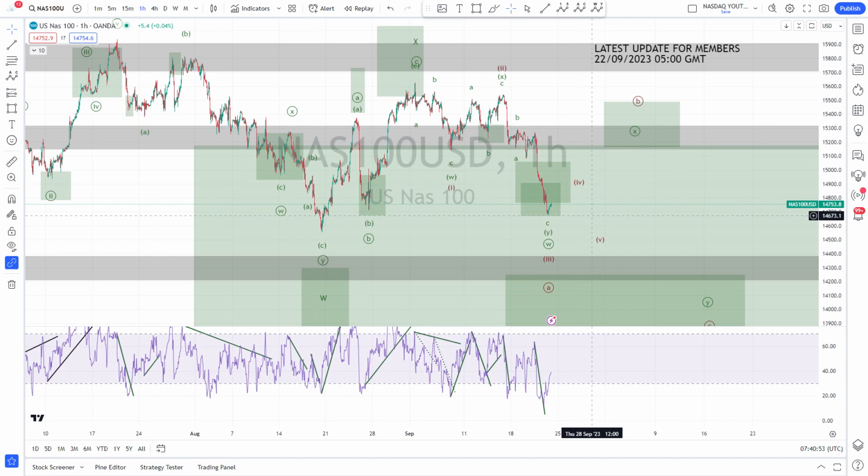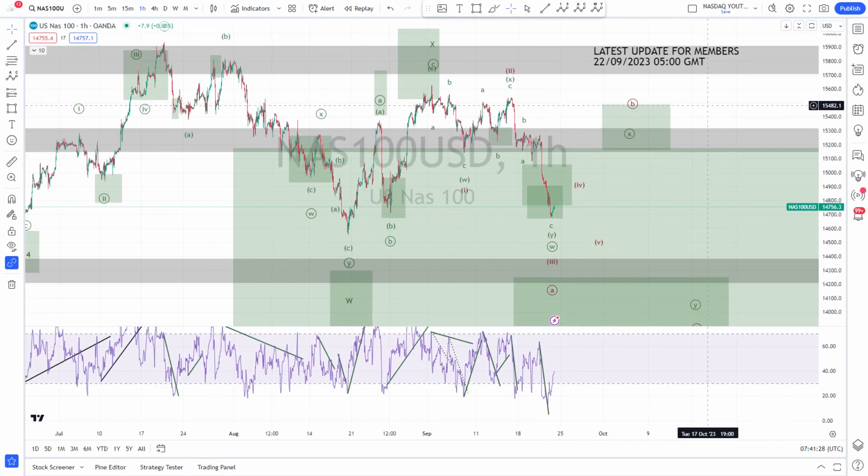I don't really like this scenario. First of all, the 4 and the 5 is not there yet. And secondly, this means that you have to interpret this here as an impulse, and I don't really like to interpret this as an impulse. Of course, if we get the 4 and the 5 here, I will be forced to make this an impulse, and then I will. But for now, it's my secondary scenario.